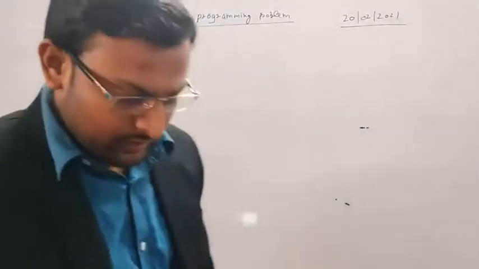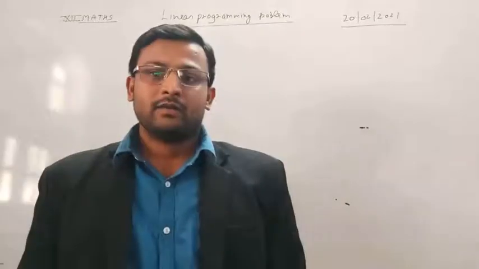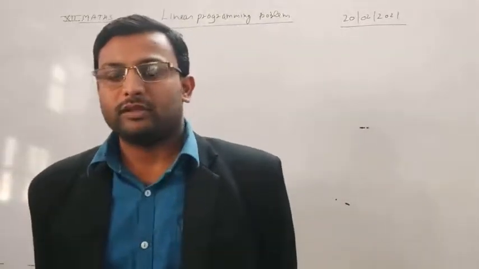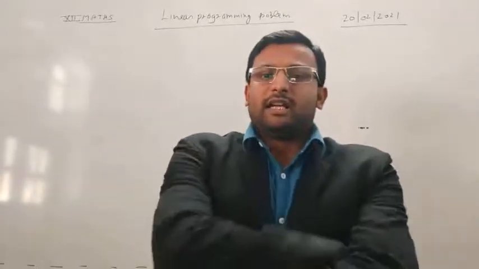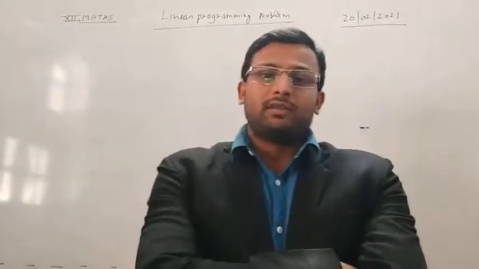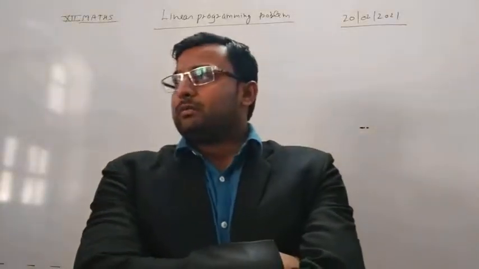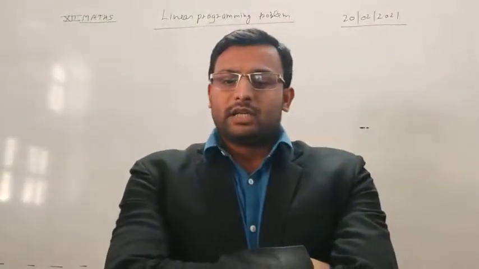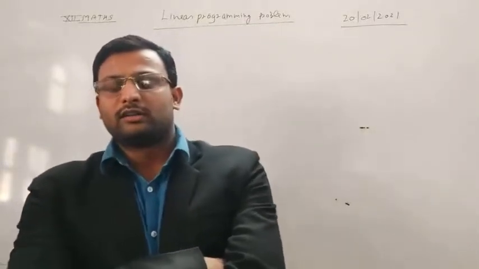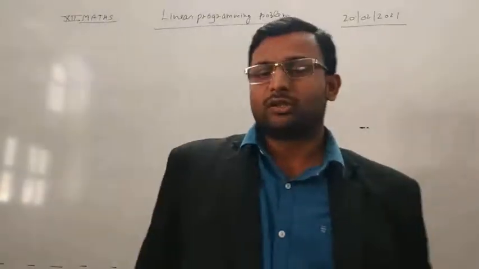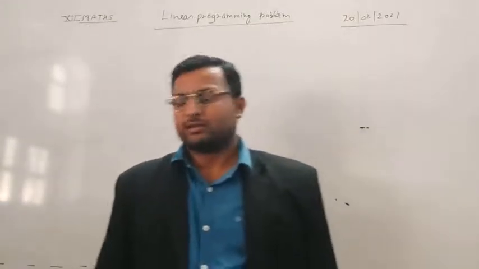Okay, students, so this was my question. For solving the linear programming problem, first of all we make it in mathematical form, and then we draw the graph of this. In the graph we see the feasible region, which is bounded by some points called the corner points. We find the values of the objective function at the corner points, and then we decide what the maximum profit is.